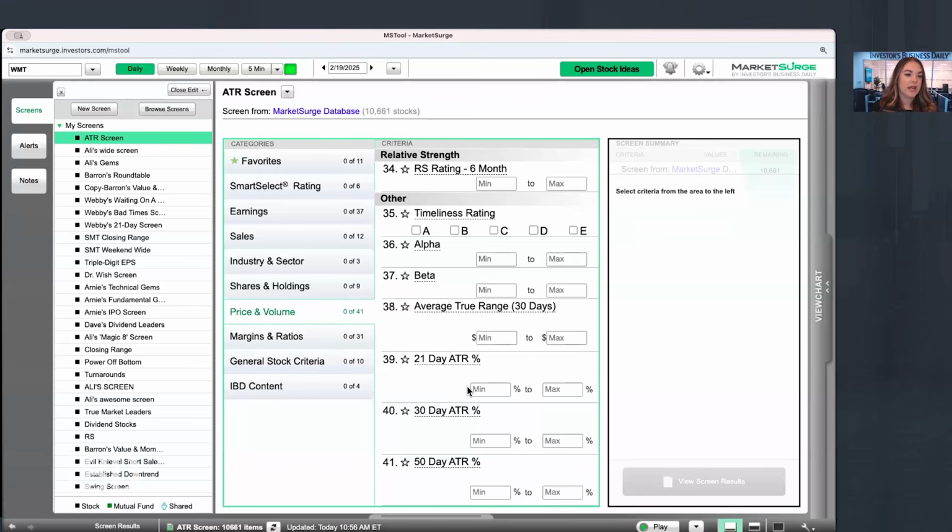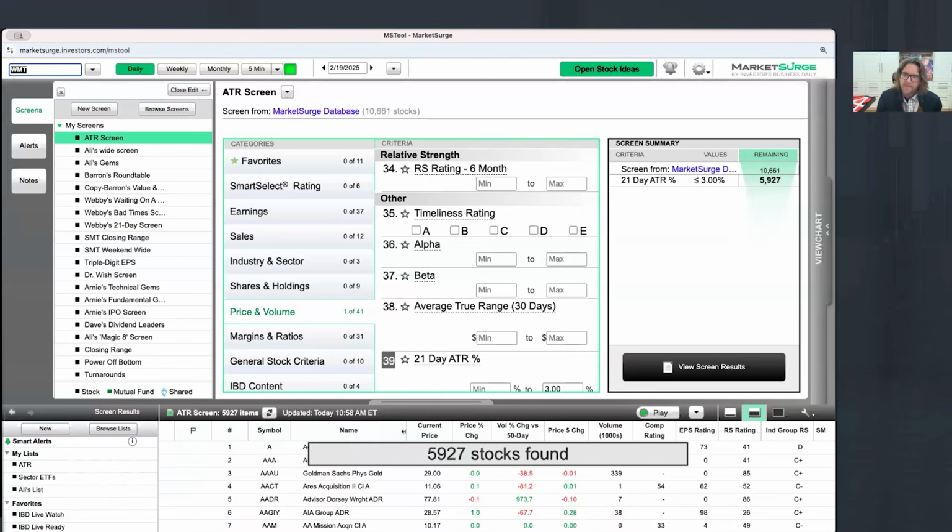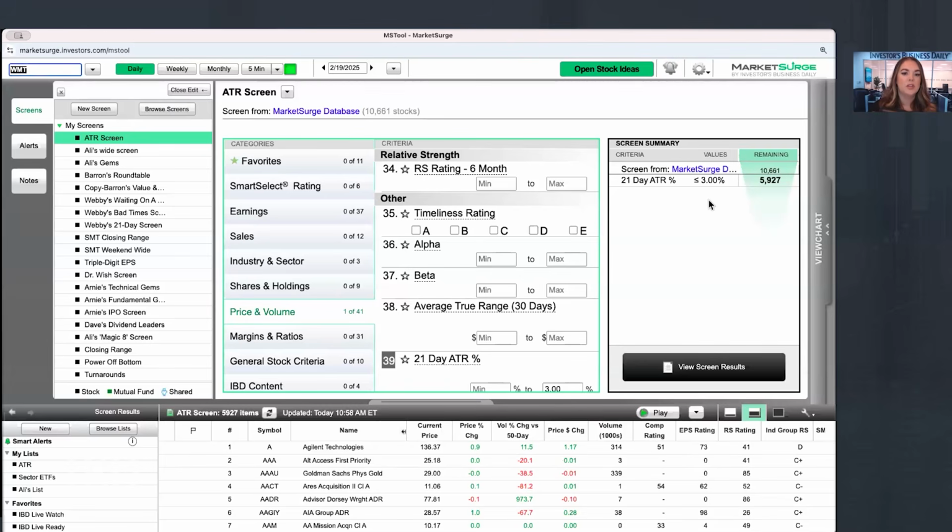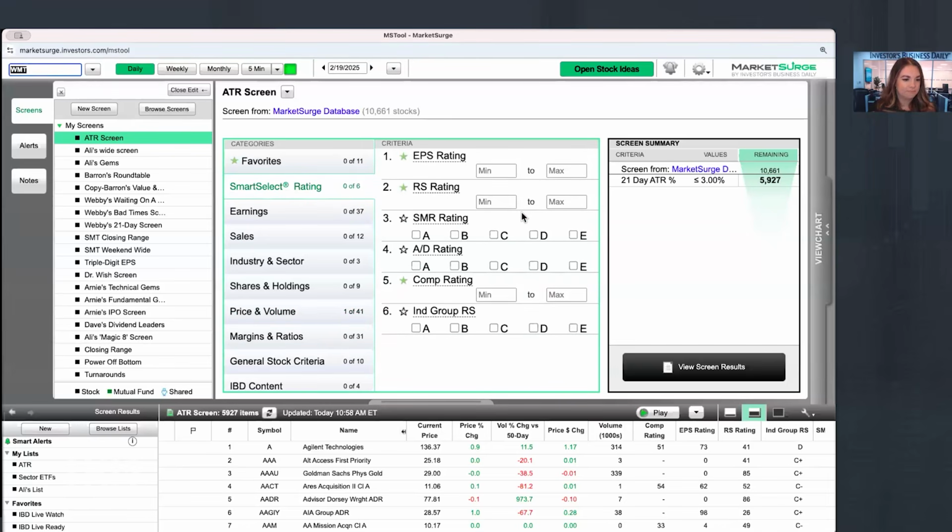Okay. So, final thing here, super quickly. What parameters would you set? So, here we have opened a new screen. If you go into price and volume, towards the bottom of that list, number 39 is the 21 ATR percentage. So, if you were to be screening off of this, of course, there's other fundamental and technical parameters that you can set. What would the ATR parameters be here for you, Webby? I would set for someone new, I would set it max at 3%. For someone who's been trading for a while, I would set it at 7%. And then you can layer that on top of, so on top of that would be, I would say, above the 50-day moving average,